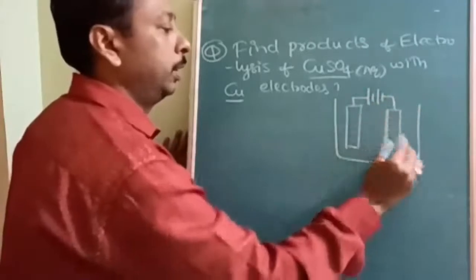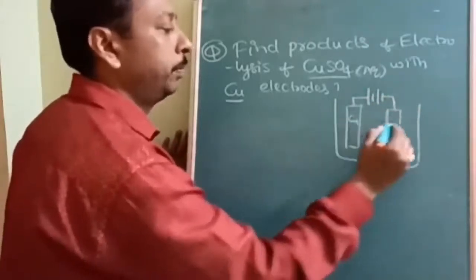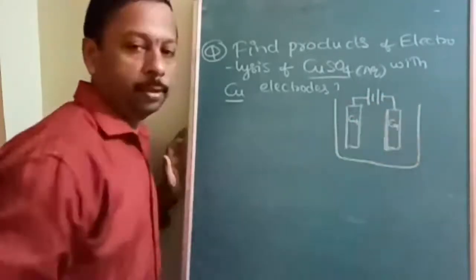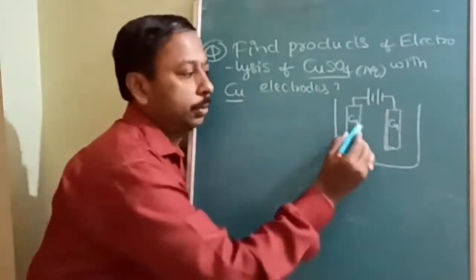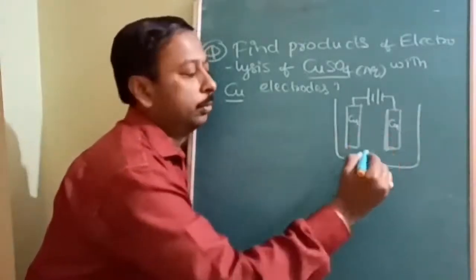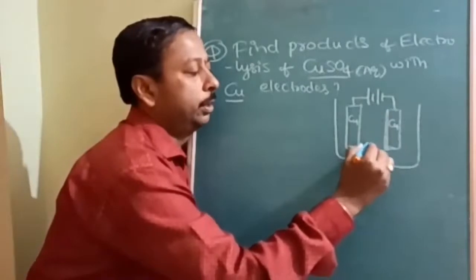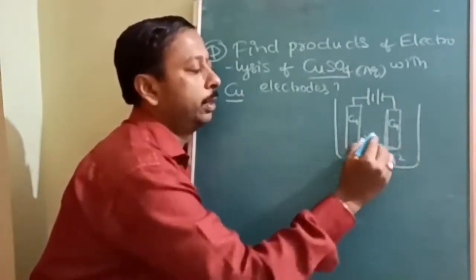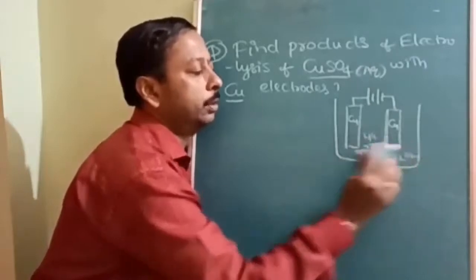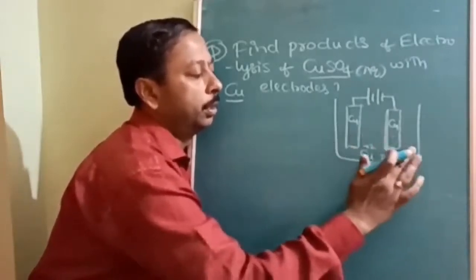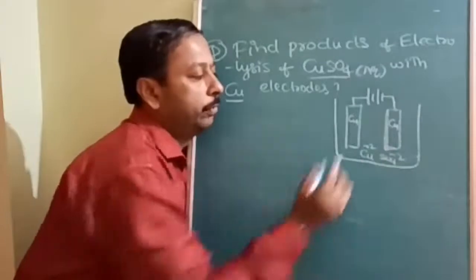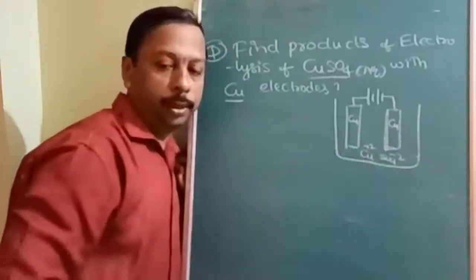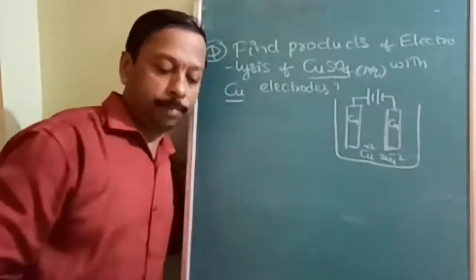So these are the electrodes. Now this is also made up of copper. This is also made up of copper. Okay. So copper and copper. Now here copper sulfate, Cu2+ and SO4 2-. And what will be there? H+ and OH-. But attraction and repulsion will be from the copper only. Copper to copper. That is a preference given.